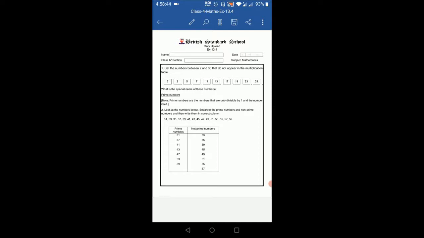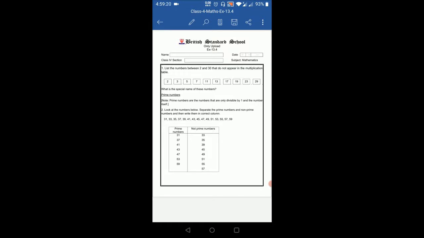Then next we have to check whether it is divisible by 3. So how can we understand whether a number is divisible by 3 or not? An easy way to do this is to add the digits of the number. For example, 51. The digits of 51 are 5 and 1. Now if we add these two digits, 5 plus 1 is 6. Now we know that 6 is divisible by 3. 6 divided by 3 is 2.